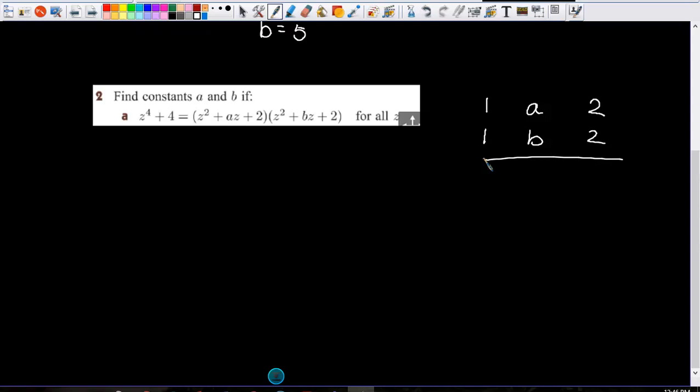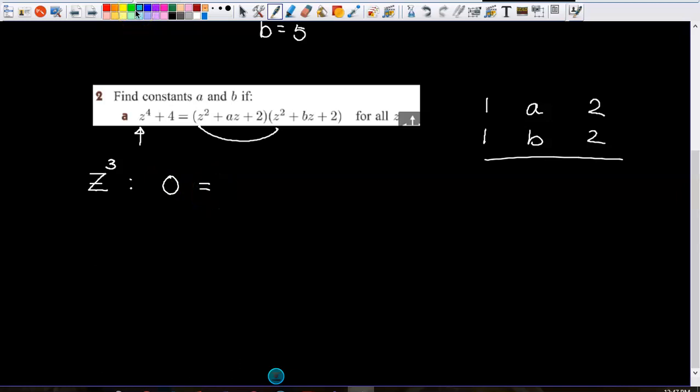So on the left-hand side, z to the 4 is not going to be useful to me at all because there's a 1 in front of it, and you can see here that z squared times z squared, bang, I get z to the 4th. So that's useless. So I'm going to the next power, z to the power of 3. Now on the left-hand side, there is no z cubed. So what is the coefficient? It doesn't exist on the left-hand side. It's a 0.